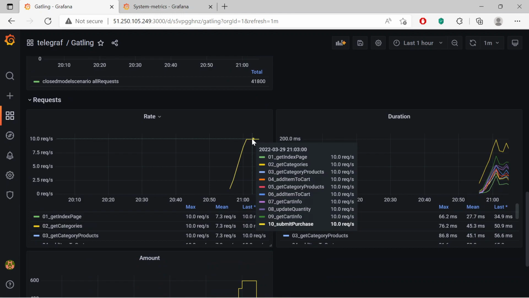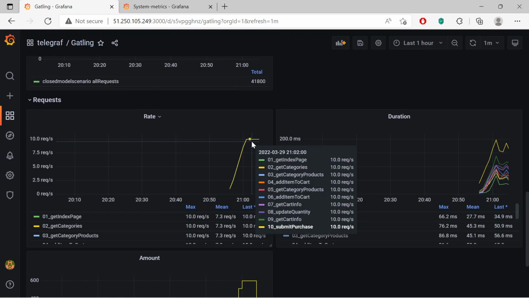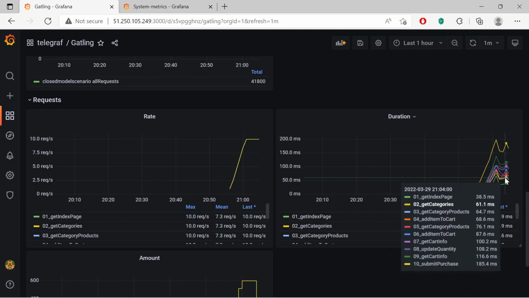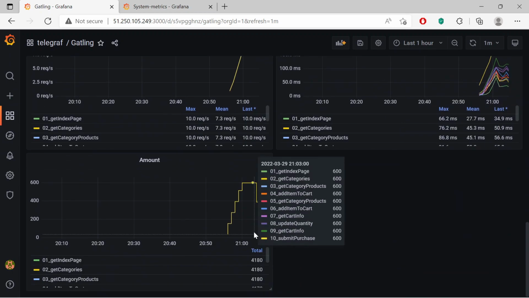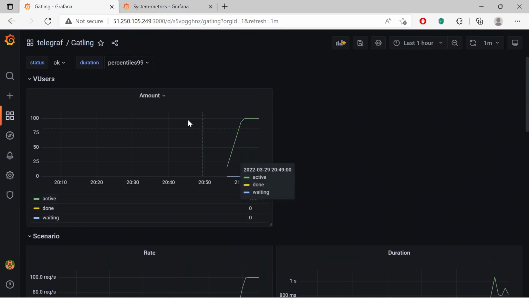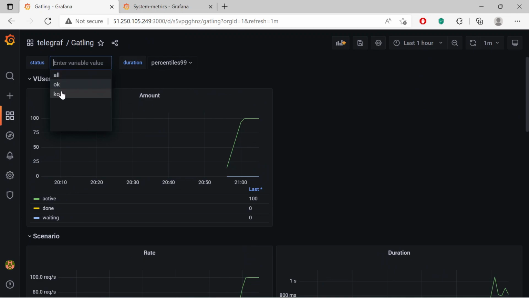You can also see the total number of requests that have been sent at the moment. And there is also statistics for each request. There are 10 types of requests sent to the eShop, and the rate of each is 10 requests per second. Information about the duration of processing of each of the requests is also provided. Same about quantity. A little higher we can choose the status and display only requests that are matched to it.